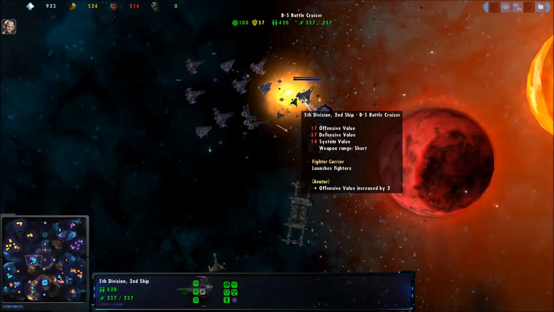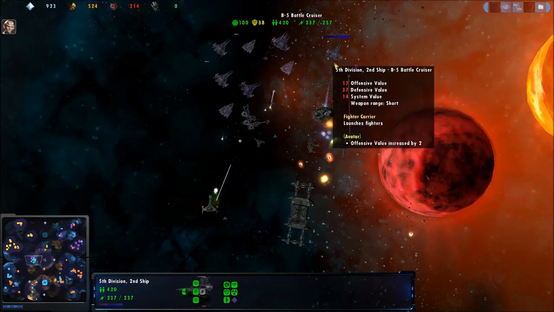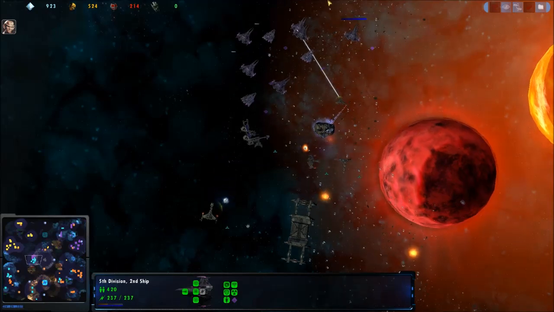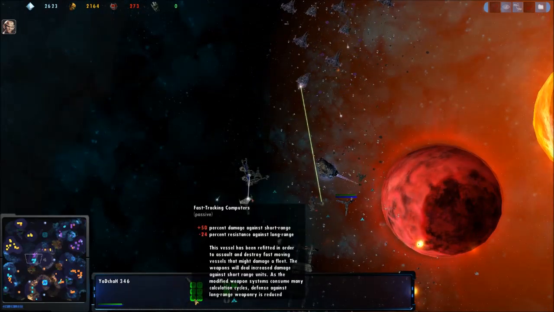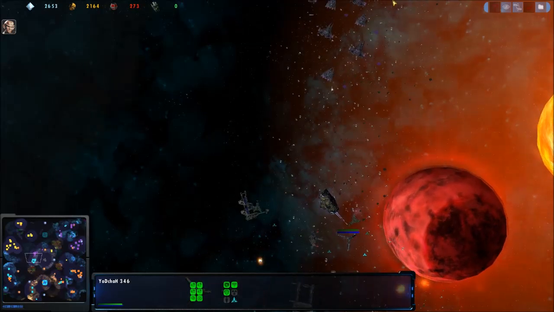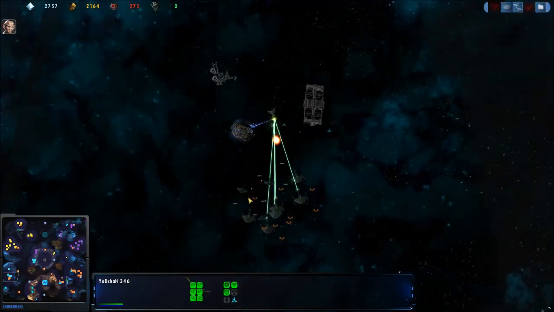And this heavy weapons platform, these are... Oh yeah, I forgot to mention, these are Breen. He didn't build Breen ships this game, but that makes them short range, which means that this thing does extra damage to them and takes reduced damage from them. So that heavy weapons platform is very nice, but here come the Romulans